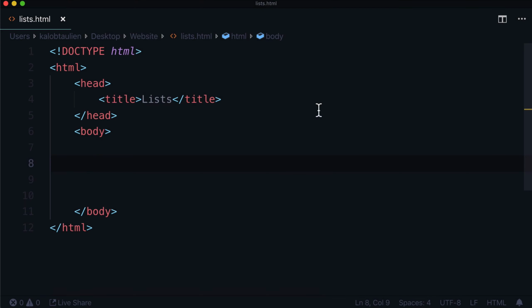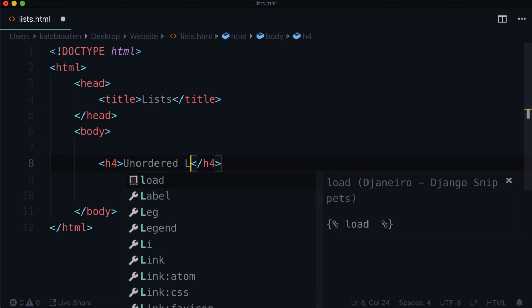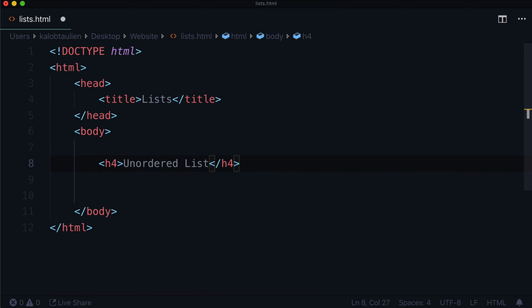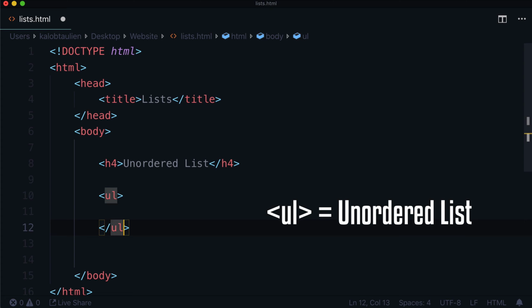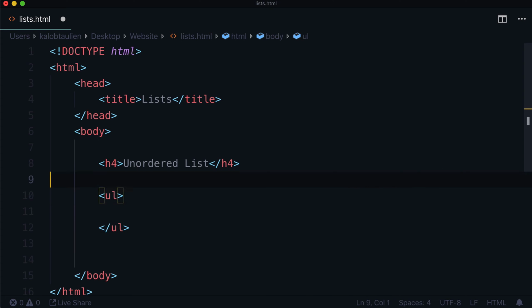So I already have lists.html created with the HTML structure. And I'm going to simply create a header here, an h4, and call it unordered list. To create an unordered list, it's the UL tag, and it has an opening and closing tag, unlike an image, where you don't put anything in between. It just has a source. A list does not. A list has an opening and closing tag, and inside of it takes an LI, a